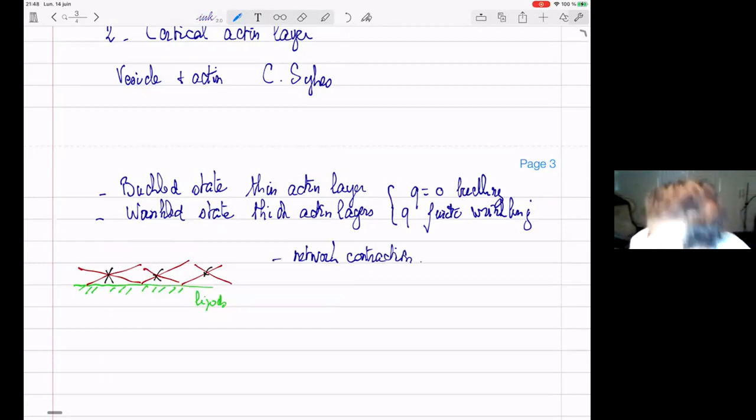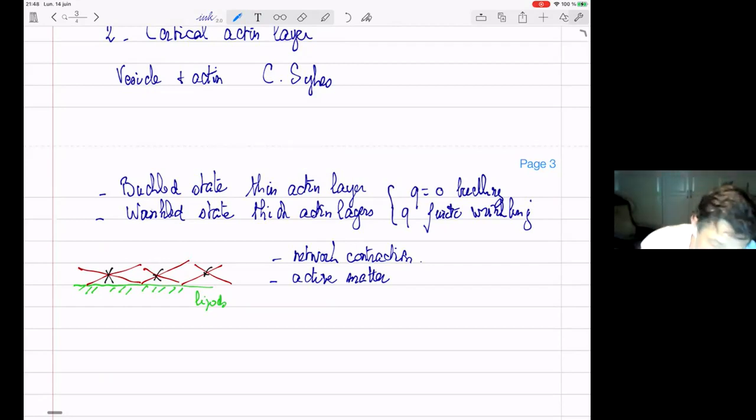Now, this is typically what I would call an active system, and you could study that using all these theories which have been made in recent years on active matter. I won't do that. I will be much more naive. What you learn from active matter is that if there is an orientation, and here the filaments are oriented more or less parallel to the membrane, there is either a contraction or an extension in this direction. We know experimentally that there is a contraction by the motors of the actin filament.